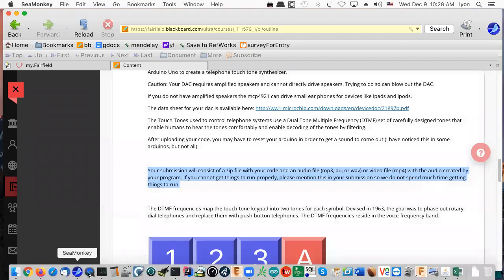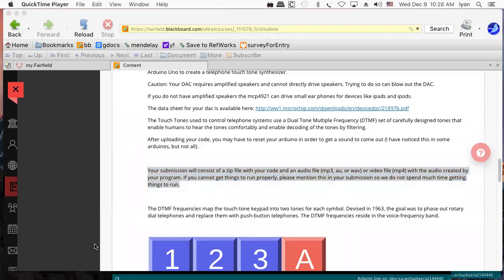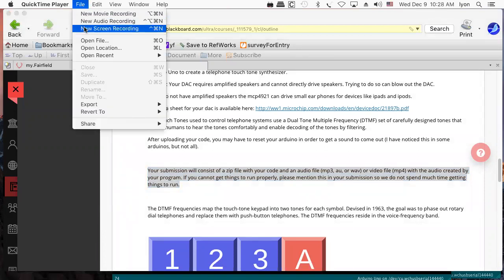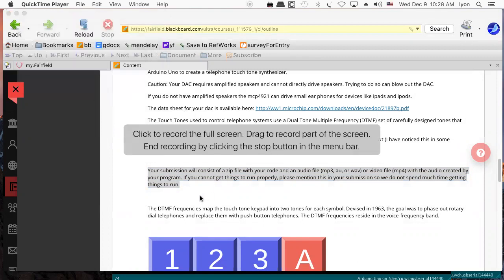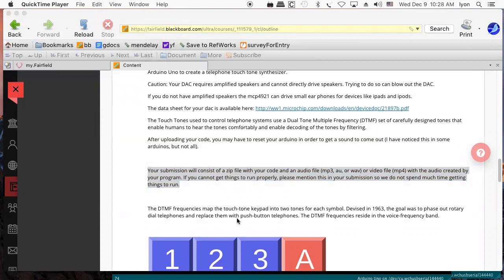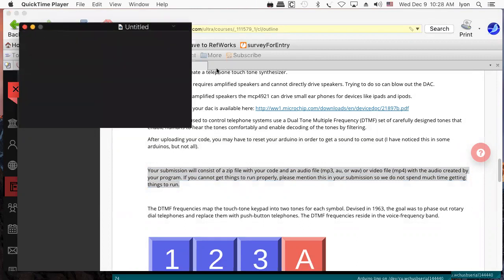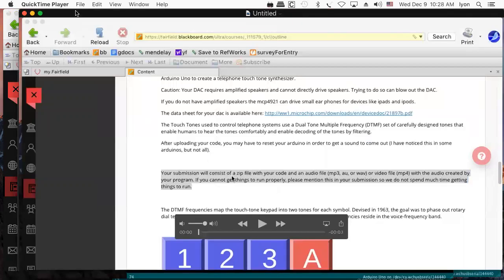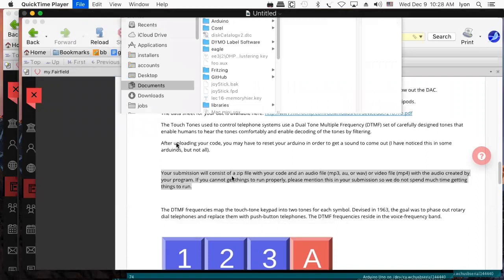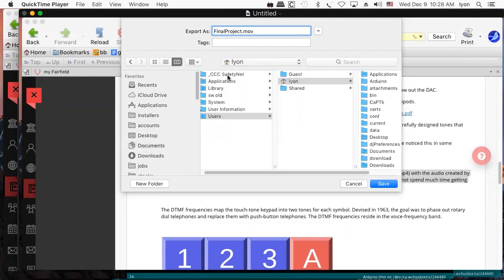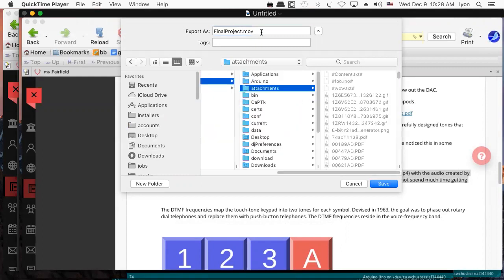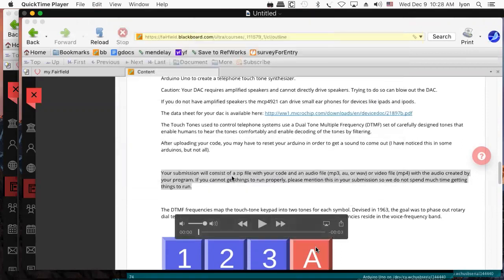I'll give you an example, just not to put too fine a point on it. I'll run QuickTime. I'll do a new screen recording, and I'll just hit OK, click full screen recording, and I'll go blah, blah, blah. It all works good. Okay, here it is. Now we're done. Then I do save, and it gets saved as a QuickTime movie, and I'll say final project, put it into a little document of some sort. I don't know where to put it, maybe under attachments. Final project, hit save,